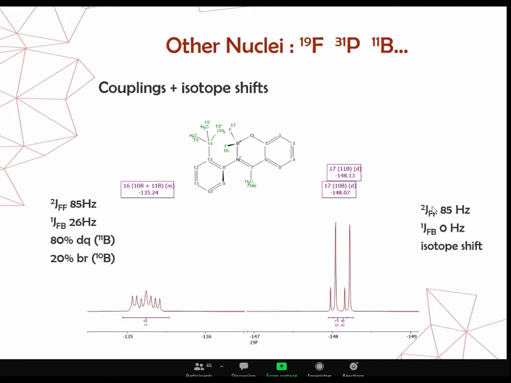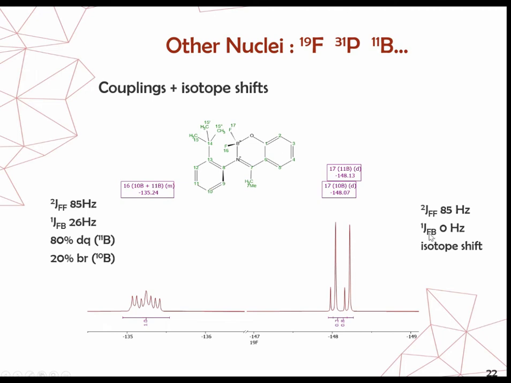Fluorine coupling of 85 Hertz. And for this one, the coupling with boron is 0, so we only have a doublet. And in fact, we have two doublets. We have 80% of the doublet for the molecule with 11 boron, and 20% of another doublet for the